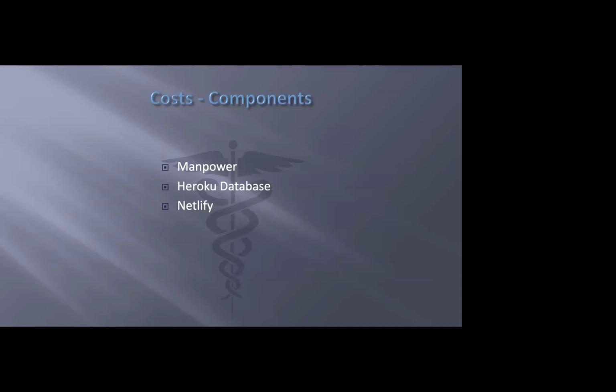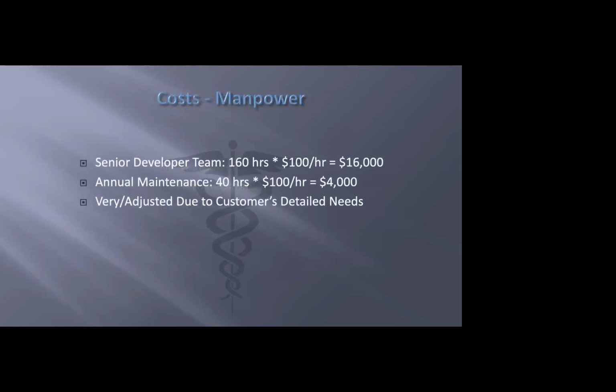Here's our cost component. It contains the manpower, the database to store our data, and Netlify to host our application for this website. For the manpower, it will take a senior developer team about 160 hours to fully develop this page. And it costs $100 per hour. So it will take around